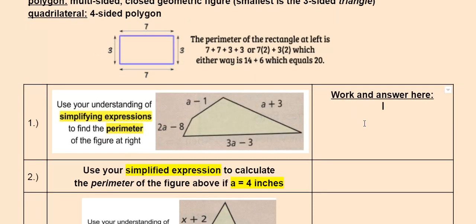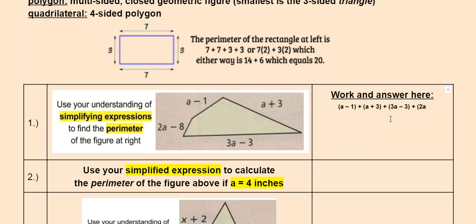So let's look at the first one here. Now remember, this associates to what we've been looking at as far as writing expressions and simplifying them, and that goes right into this lesson. So if we look at the sides here, let's go clockwise, and we'll start with the first side being a minus 1. Okay, so that's one of the sides, and if we go clockwise, our next one is a plus 3. That's our next side, and we have 2 more sides. This is a quadrilateral, a 4-sided figure. The next side is 3a minus 3, and the last side is